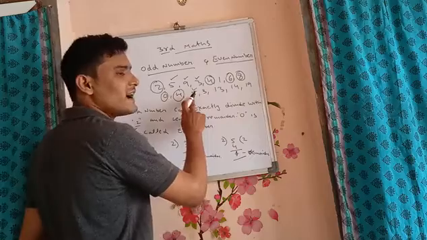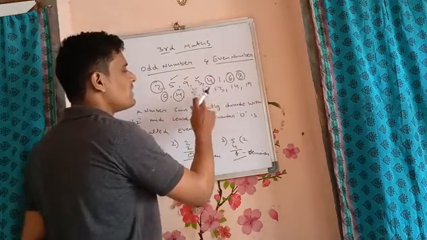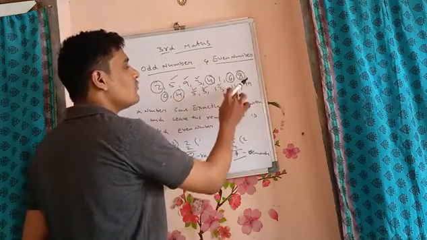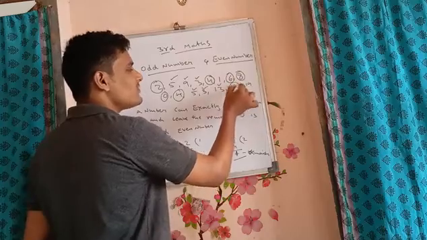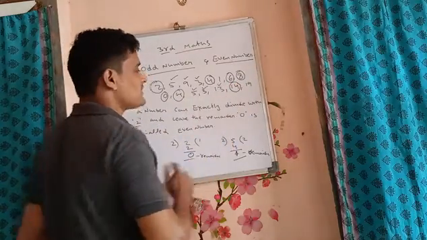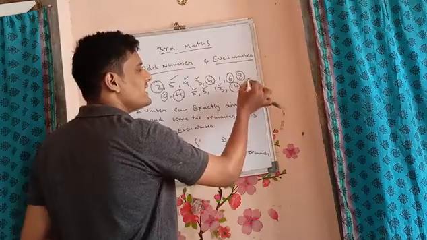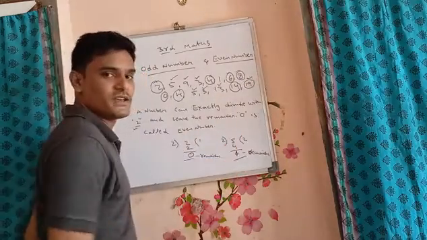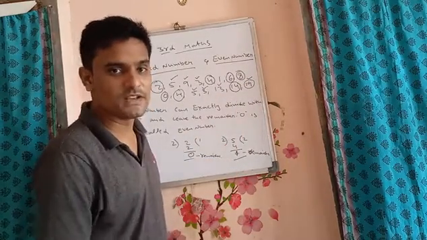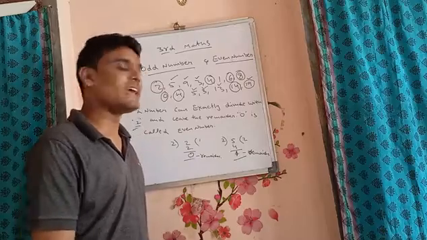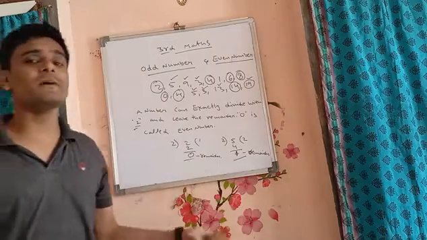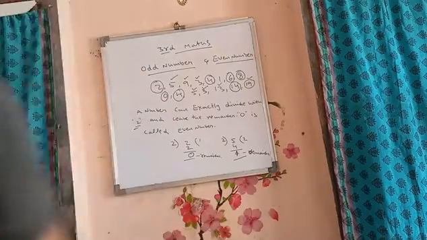5, again it is an odd number. 3 odd number. 13 odd number. 14: 2 sevens are 14. So we can confirm it is an even number. 19 is an odd number. Do you understand, children? So in this way we can find out what is the even number and what is the odd number.